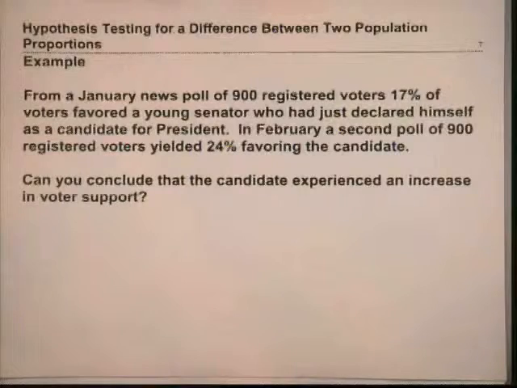Okay, so what's different here is that we have two different polls. It's two different groups of 900. If we look at a group, one of the things that we see in the news today is that we have a sample of size 900, and a percent of that 900 favors one candidate, a percent of the same 900 favors the others. Those aren't independent of each other, are they? They're coming from the same group. So here, a second poll is conducted, and so we're looking at different individuals. So if this is the case,